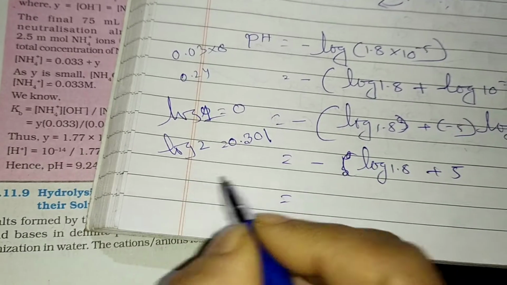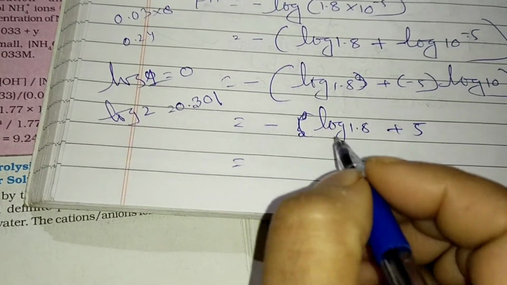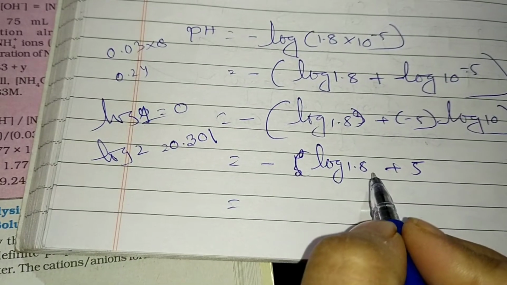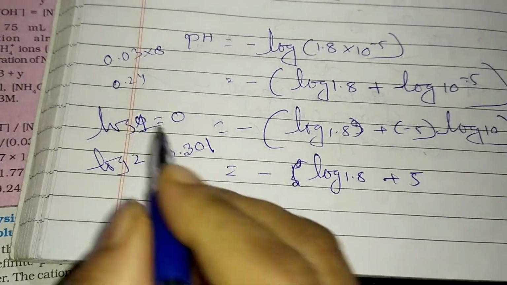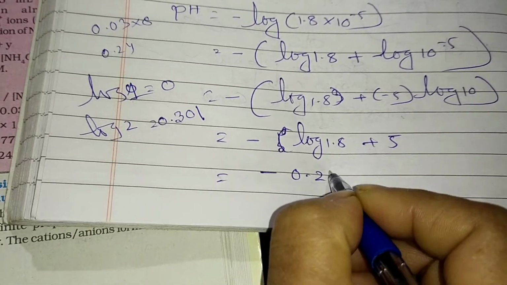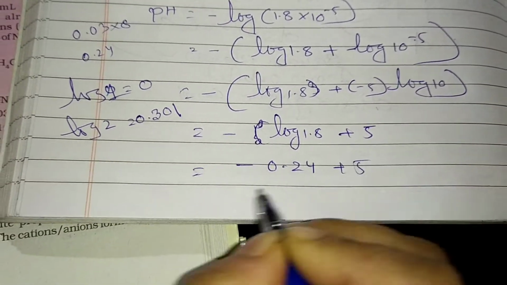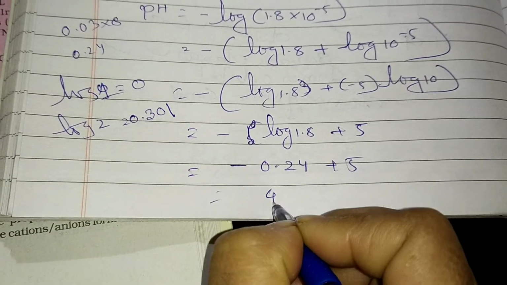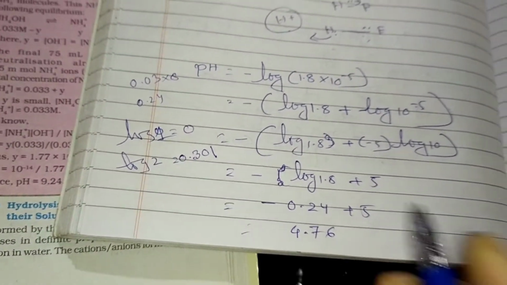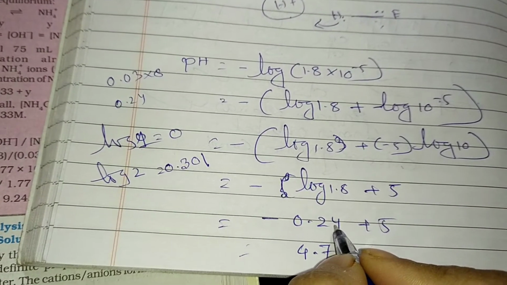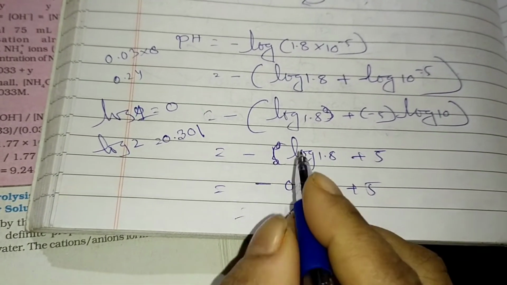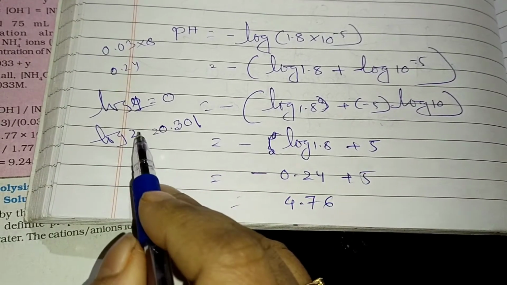So we can write down about 0.24 here. Okay, 24, and 1.8 is coming, so 1.8 is 0.24. So minus 0.24 plus 5, that means it is coming lagbhag 4.76. So that is the answer. Yeah, so it is 0.24. Okay. So it is coming about the 1.8 means log 1 और उसके बाद 0.8 की.